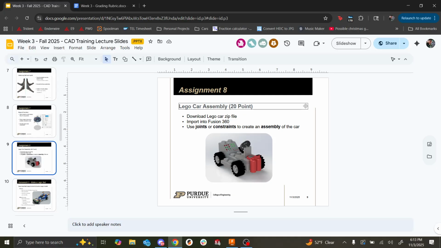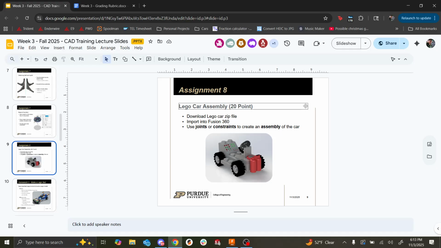Fusion and a bunch of other CAD software have ways of putting parts together in relation to each other, and they're called assemblies. So we can assemble these parts into a digital model to make sure everything works well. And it's really nice to catch errors